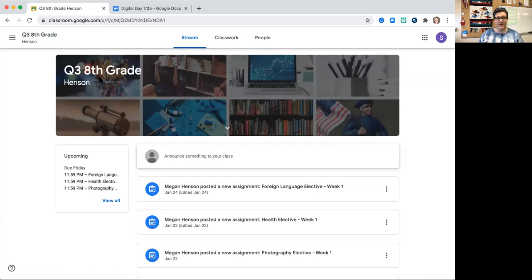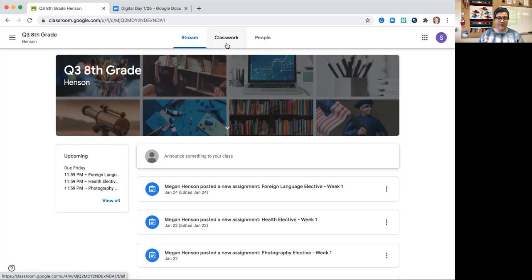It just says Q3 8th grade. That stands for quarter 3 8th grade. So we have all of our subjects in this one class. So I'm going to show you how it's set up, and the grading also looks a little bit differently. So I'm going to go through a lot of details, and then for your assignment today, you're going to be writing a journal for language arts, part of humanities. You're going to be writing a journal in your language arts portion of humanities for basically how to get into this and that you understand the new grading system.